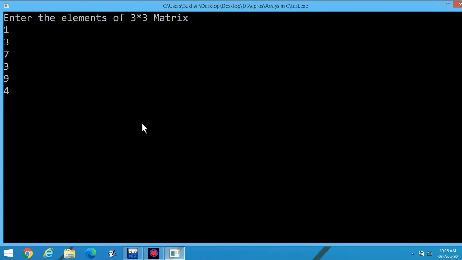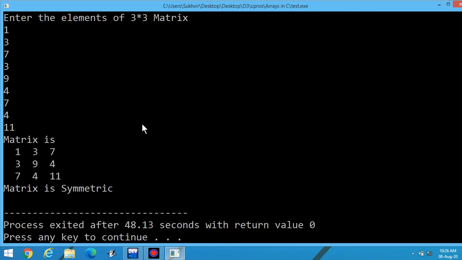It is in the third row, it should be equal to 7, and the next element is 4, and let us say 11. The matrix is symmetric. Now look at the first row and first column, these are the same. Second row and second column are the same. Third row and third column are also the same.